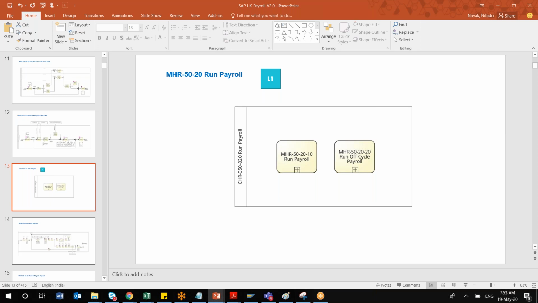It can be for any period, not only half the month; it can be for 12 days, 20 days or 25 days also. Exactly, it is date based. Suppose I want to pay Salaja tomorrow because she requires a salary advance. I can immediately run an off-cycle payroll for Salaja only, for so and so amount. I will pay, and whenever it comes to the next payroll run, I can adjust that amount. So it is not very period specific; you can make it period specific, or it can be ad hoc.